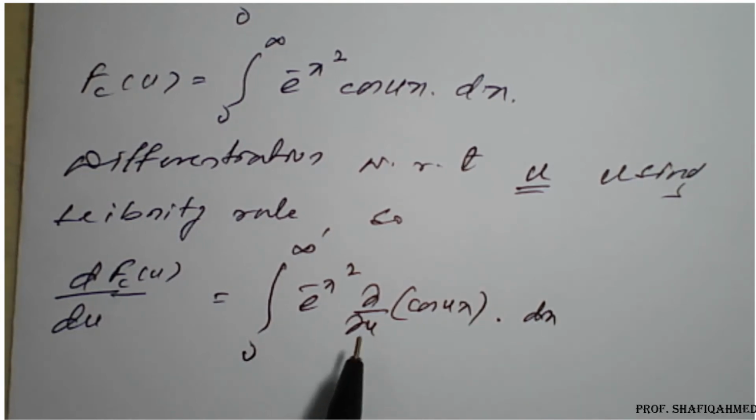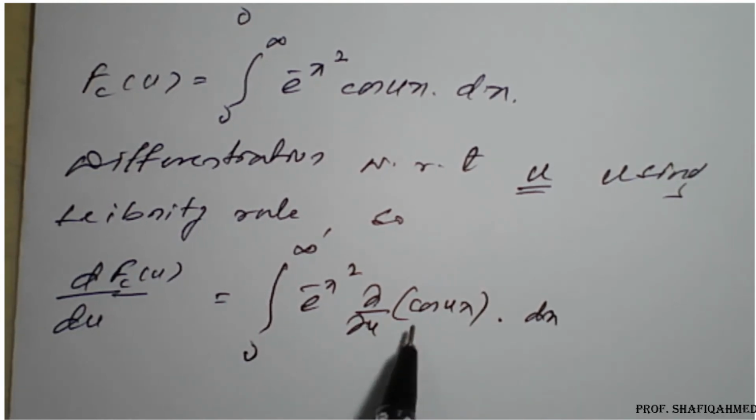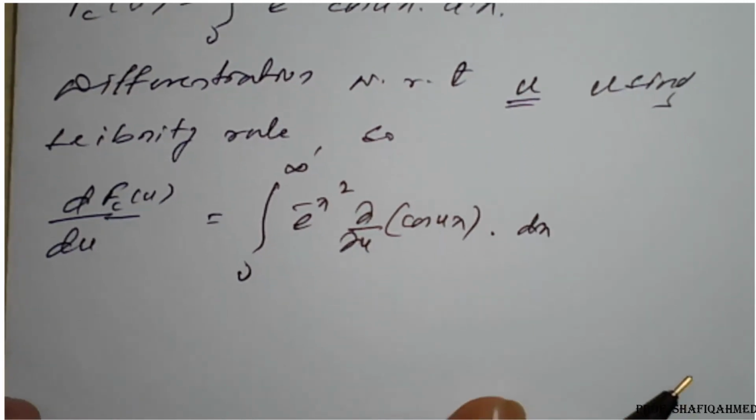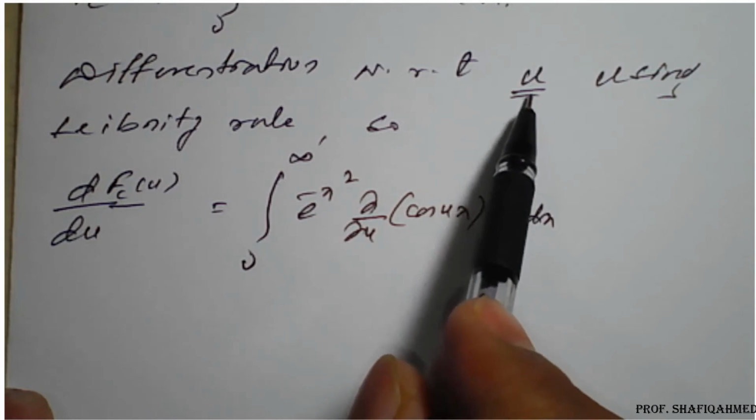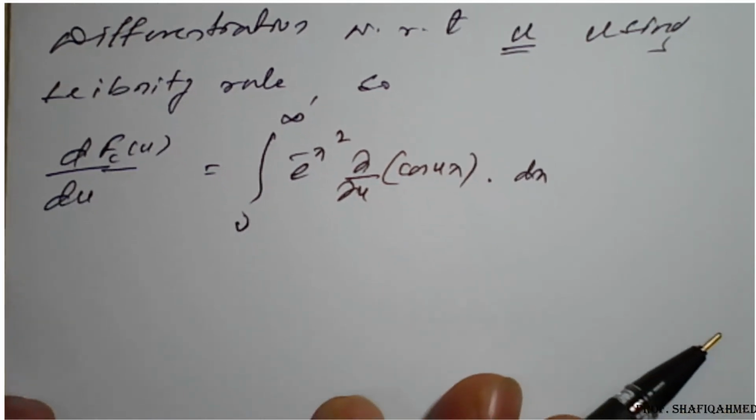Since we are differentiating under the integral sign, we need to use the partial derivative. Because e raised to minus x square is constant with respect to u, therefore what happens here,